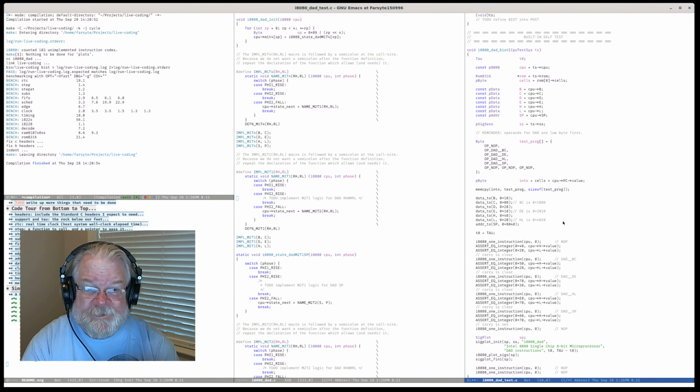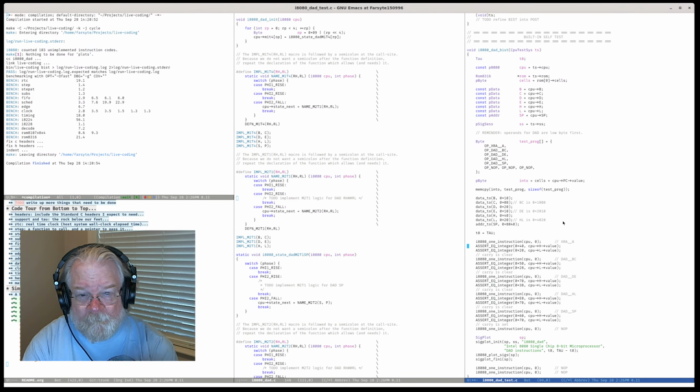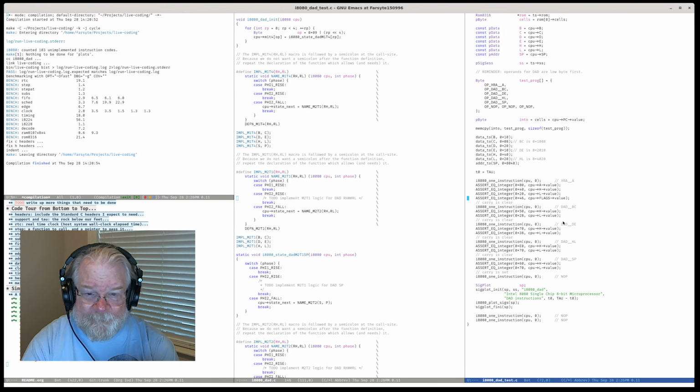And instead of NOP, let's use XRA A, which is my favorite instruction for clearing the accumulator. I think 46 was that value.